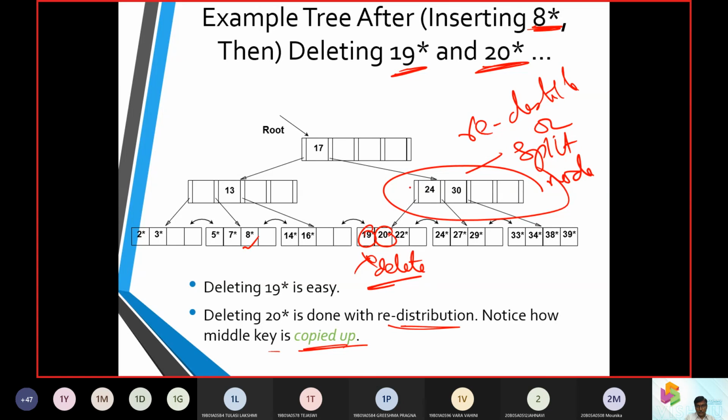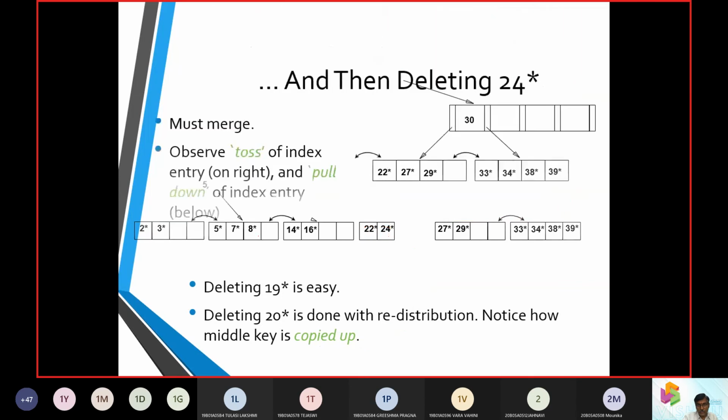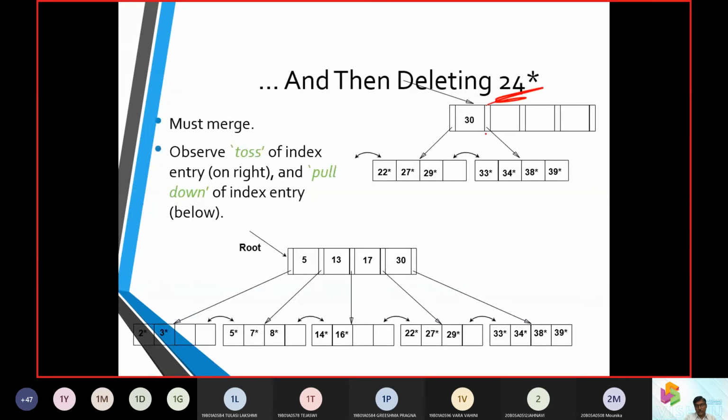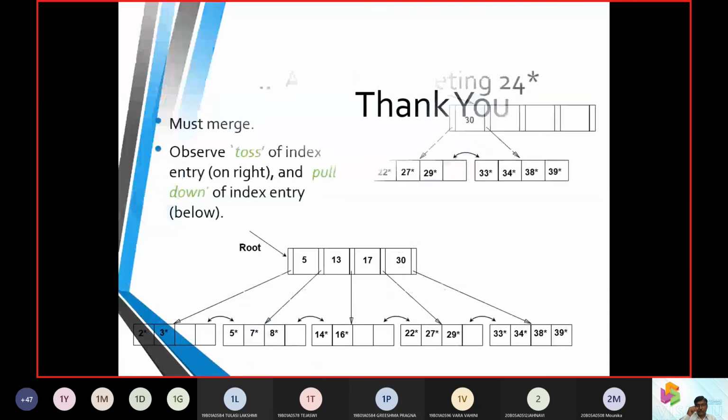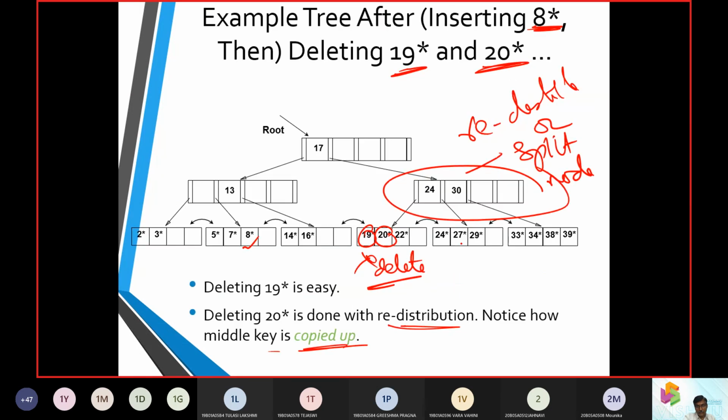So that's where the sibling node is going to be affected. At this point, we changed the 30 and 24 so that 20 is deleted, and finally we get this tree here. Now you can see the height. Earlier the height of the tree was 1, 2, 3.